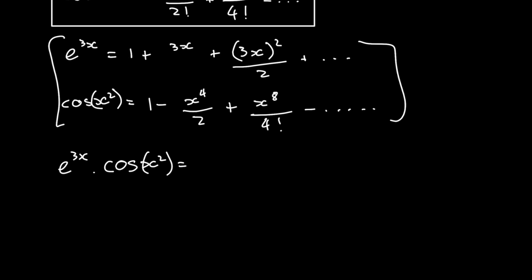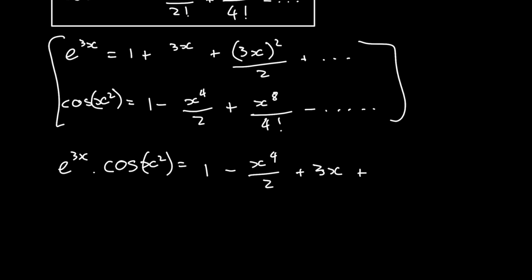So I can distribute this 1 there, and I can continue distributing. I'm not going to do all of them because I won't end up needing powers that are so high, but I will do a few just to demonstrate. So 1 times 1 will be 1, and then 1 times negative x to the 4 over 2 is going to be negative x to the 4 over 2, and then I'm not really going to do that because x to the 8 is going to be huge. The degree of x is very large, so I'm not even going to bother. But I will distribute this one this way now. So we have plus 3x,